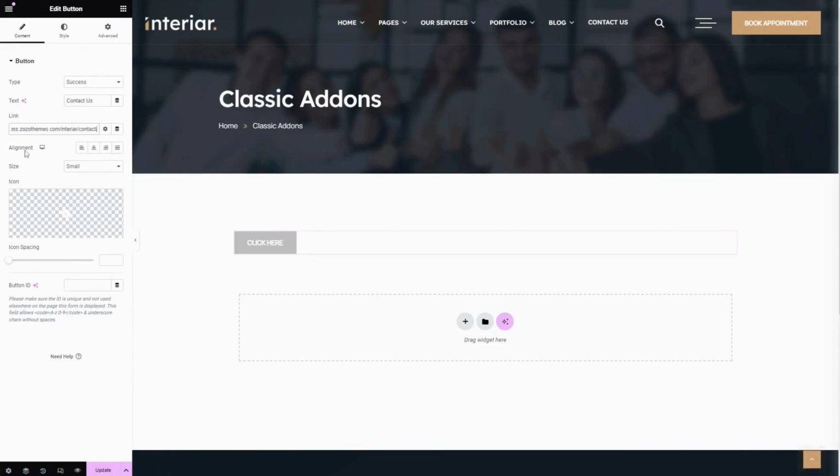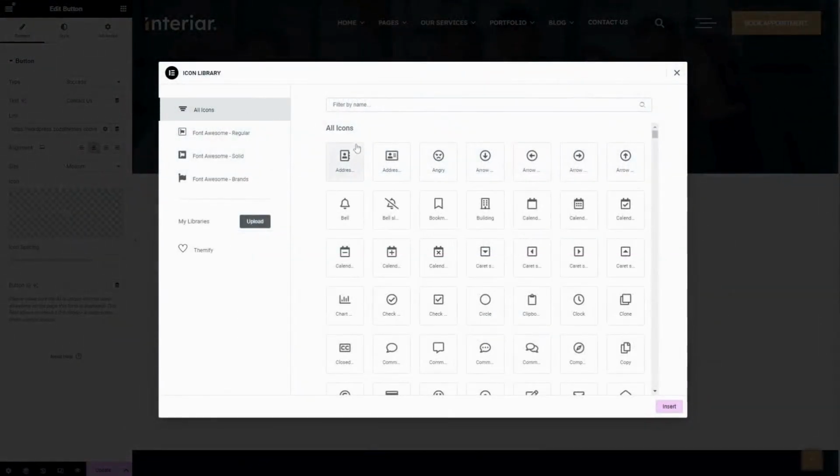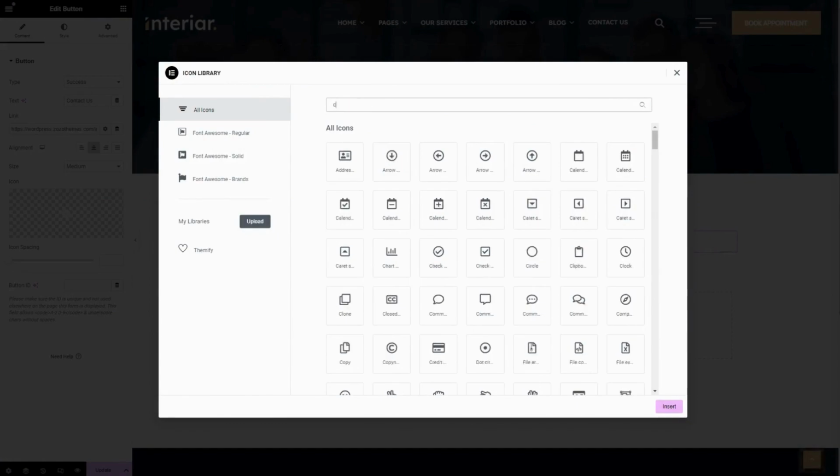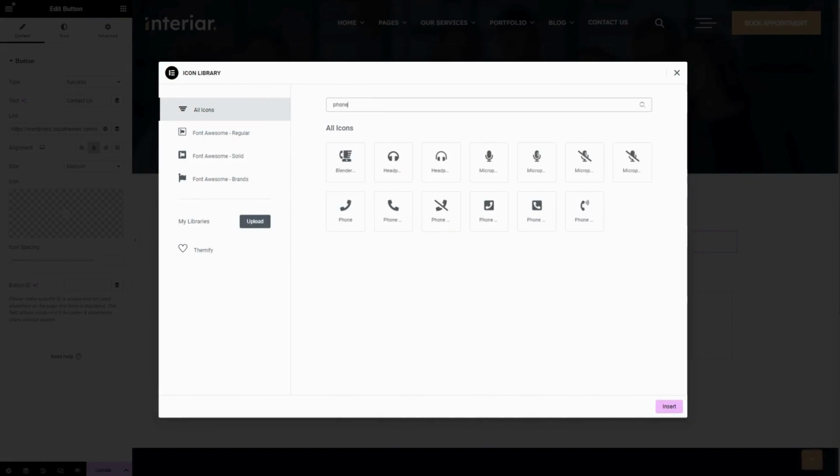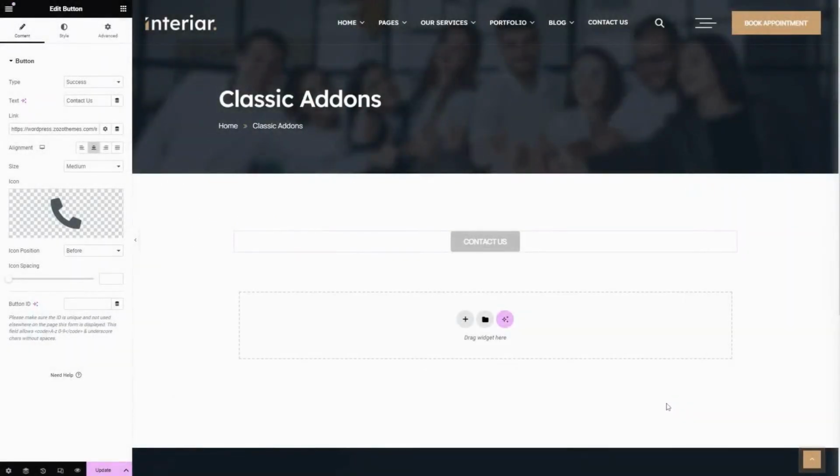The next is the alignment. Here you can choose the preferred alignment, and next you can choose the preferred size of the button, and in the icon field you can choose your preferred icon for the button, and here you can choose the icon position. The next is icon spacing. You can choose your preferred space,